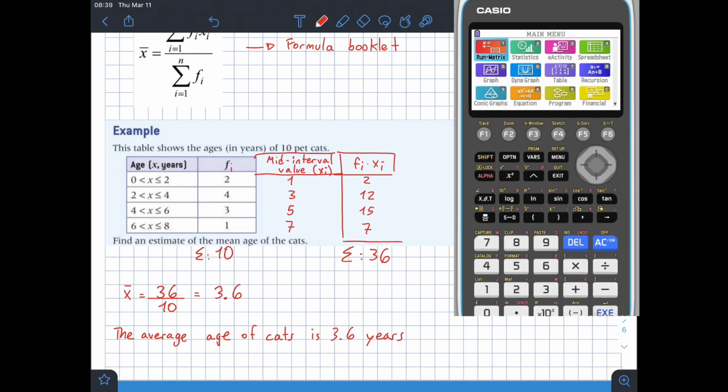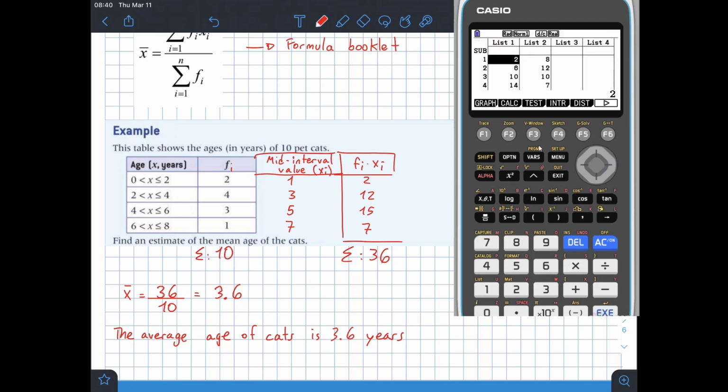If you take a look at the calculator right now, we're going to go to menu statistics again, right? We're always working with statistics for this part. I'm going to erase all of this here and here. And what we're going to plug into our calculator